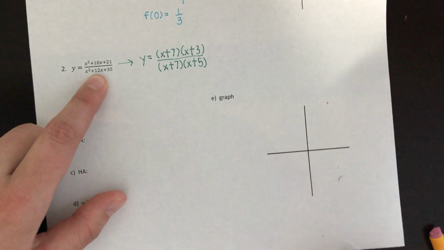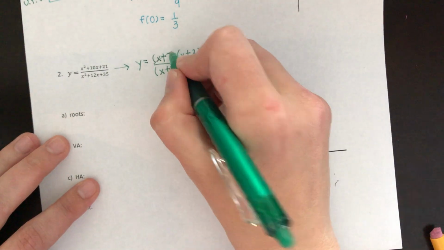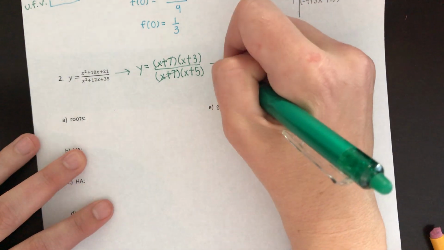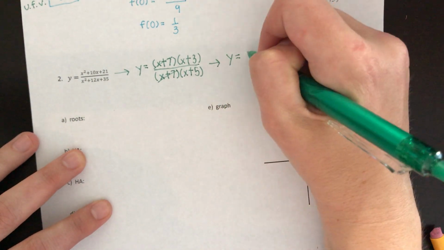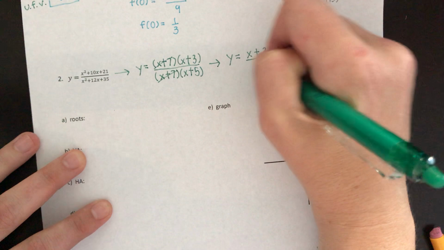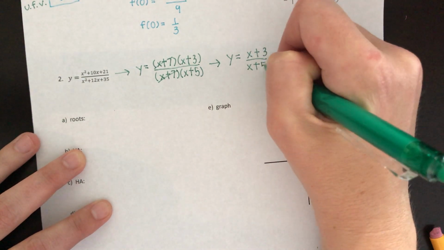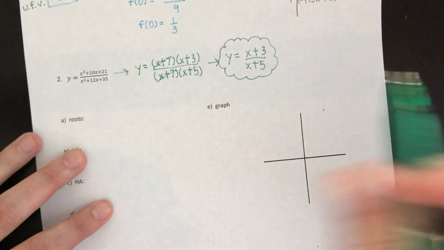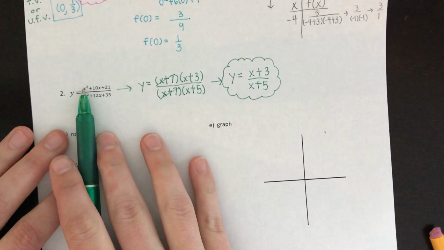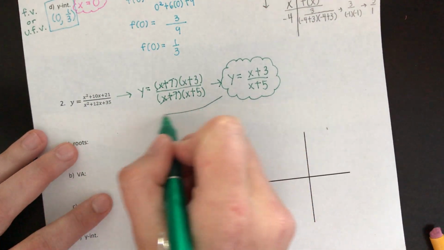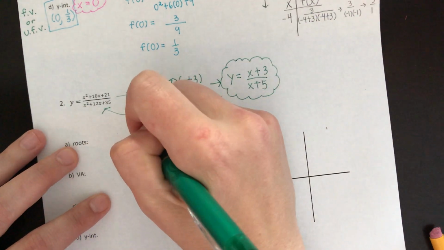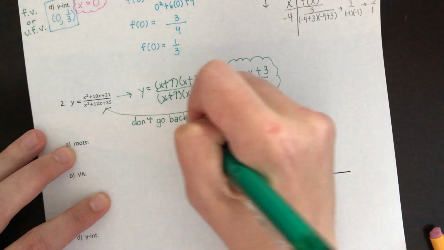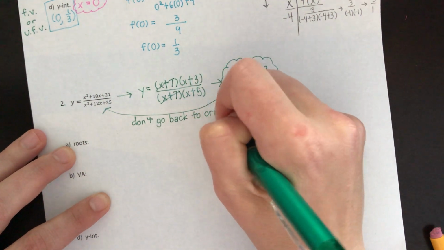Okay, so what do we have here? We have a situation where factors cancel. Remember, that creates a hole. So what do we say here? We say y equals (x plus 3) over (x plus 5). This is actually our new equation. Okay, we are not going to ever go back. So I'm going to put a note here. Don't go back to original